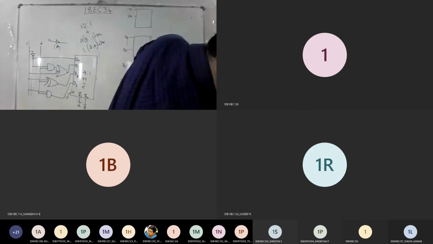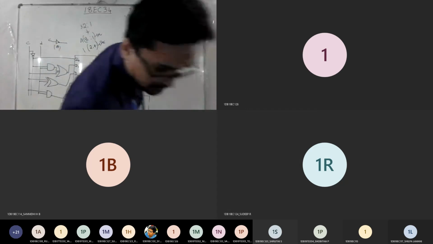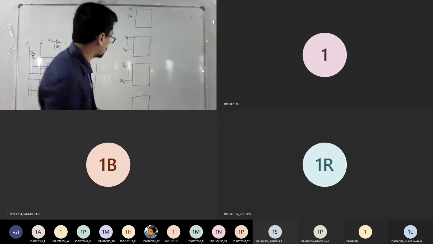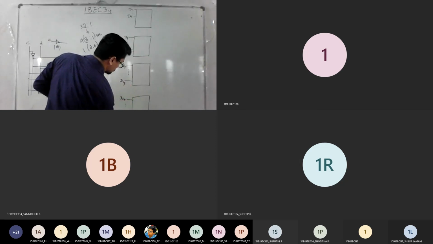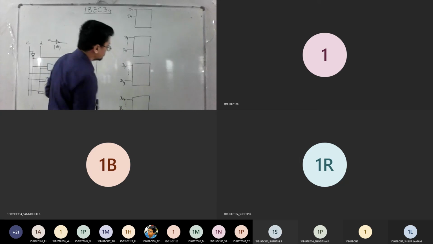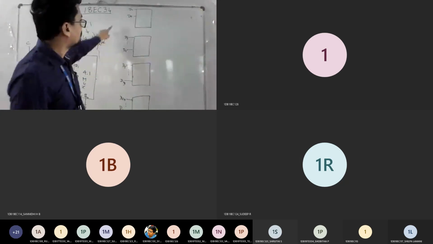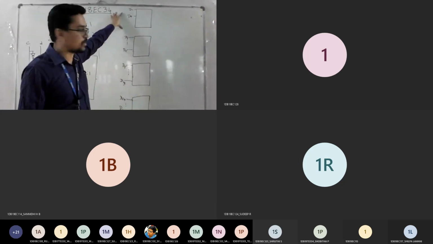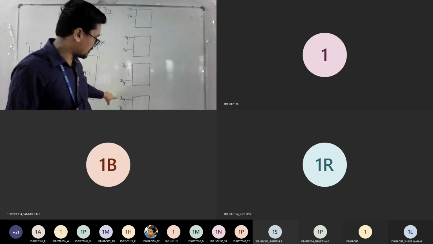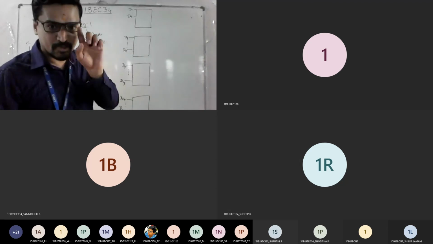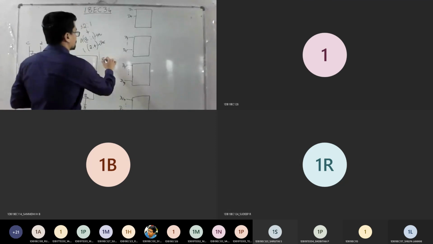Is it correct what I wrote? 23, no? This is 23. And last D24 to 31. Second row. Is it correct? So D0 to D7, first 8:1, 7 to 15 second, 15 to 23 is third, and 24 to 31 is last. So you have totally 32.